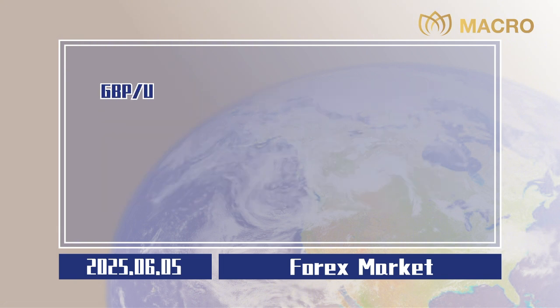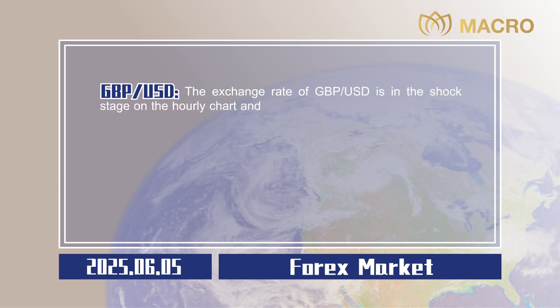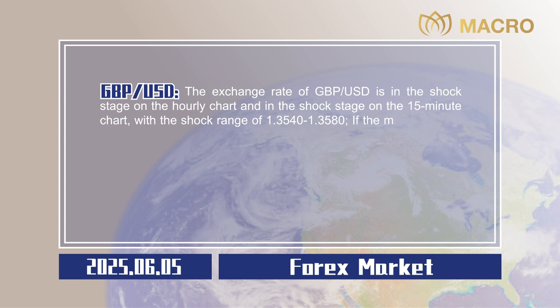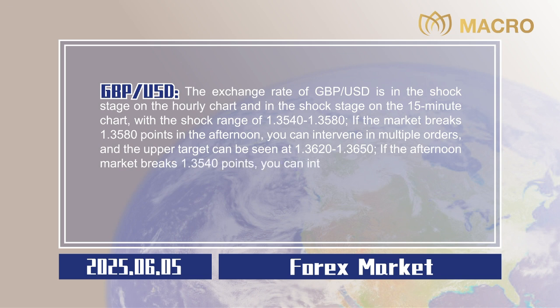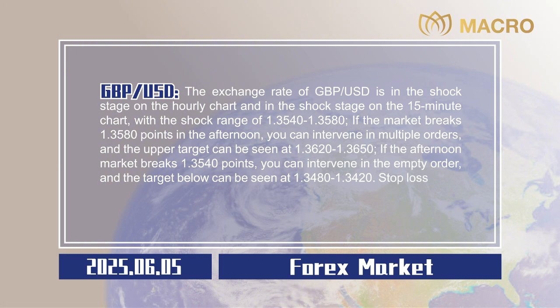0.0020. Pound sterling to US dollar. The exchange rate of pound sterling to US dollar is in the shock stage on the hourly chart and in the shock stage on the 15-minute chart, with a shock range of 1.3540 to 1.3580. If the market breaks 1.3580 points in the afternoon, you can intervene in multiple orders, and the upper target can be seen at 1.3620 to 1.3650. If the afternoon market breaks 1.3540 points, you can intervene in the empty order, and the target below can be seen at 1.3480 to 1.3420. Stop losses are all 20 points,